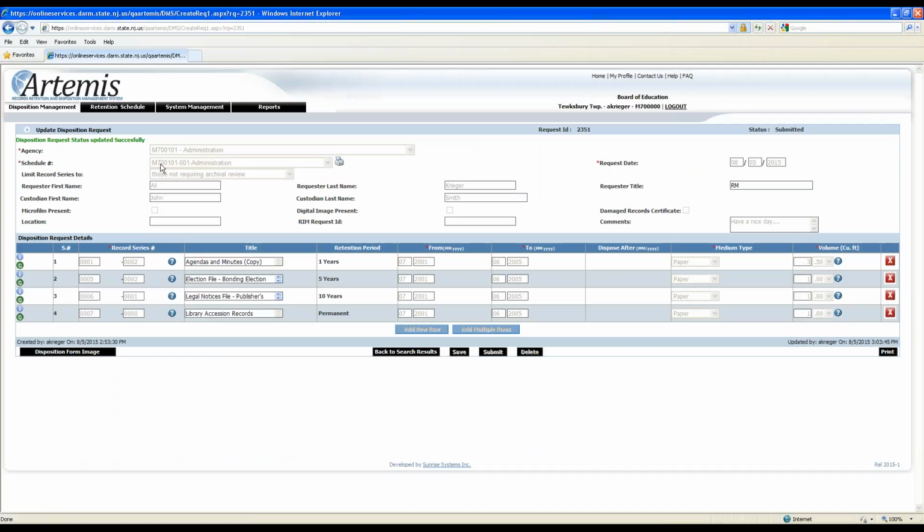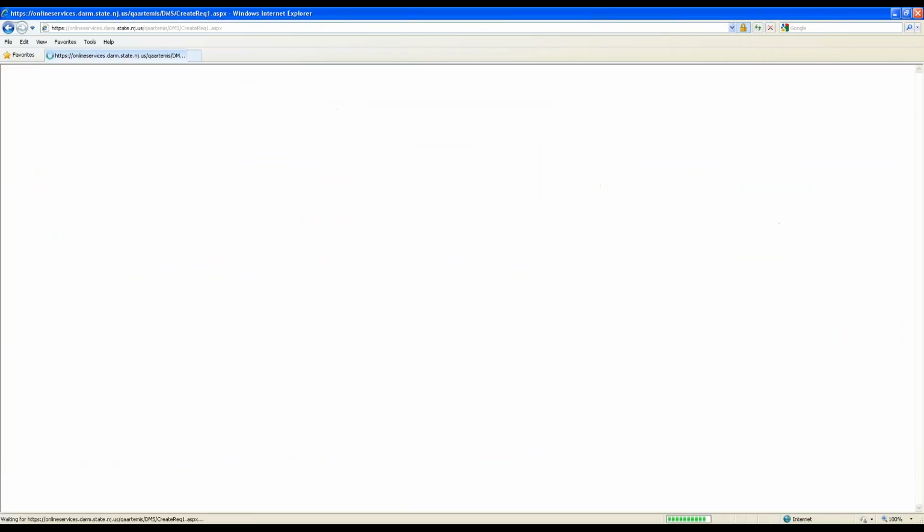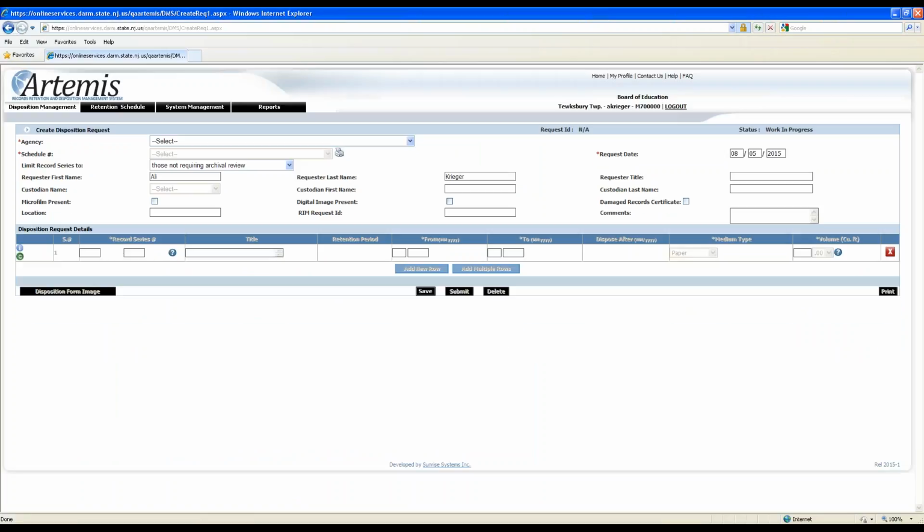Okay. Now, typically when they get it on their end, I know with the paper forms, it's probably taken a little while to get your authorizations back. As long as there's no problems with that form or that request, you should typically have a response back within a few days.